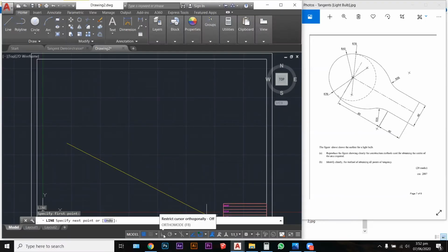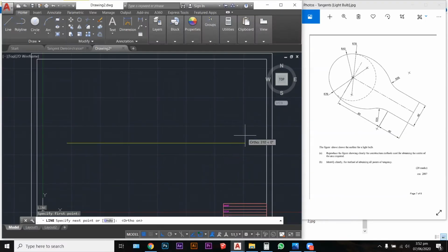I'm going to draw a line. So I'm going to hit L to call up my line tool, then hit enter to activate the command, and I'm just going to draw a line. But first thing, I need to make sure that my ortho is on. My ortho is down here. You can select it, or you can hit the hotkey F8. So my ortho is on. Just draw a line. It doesn't have to be any specific length,